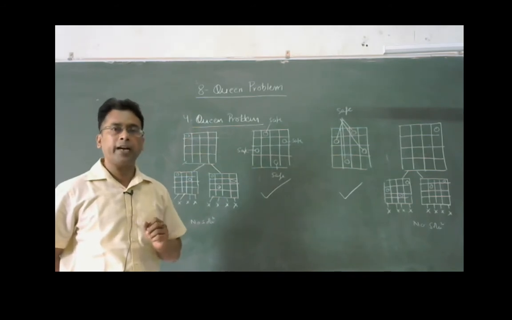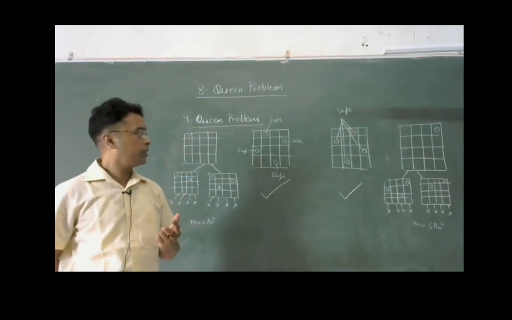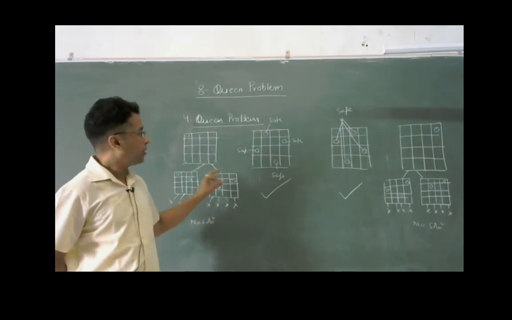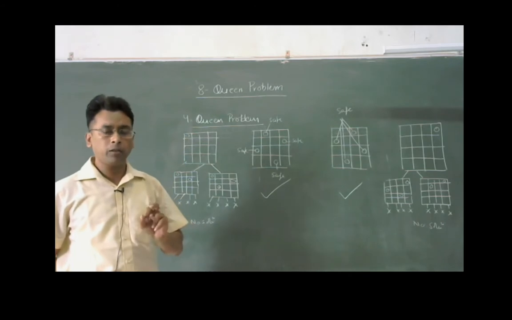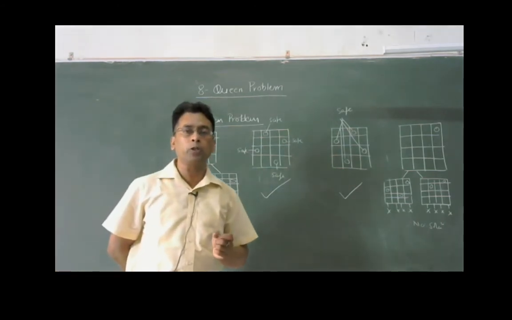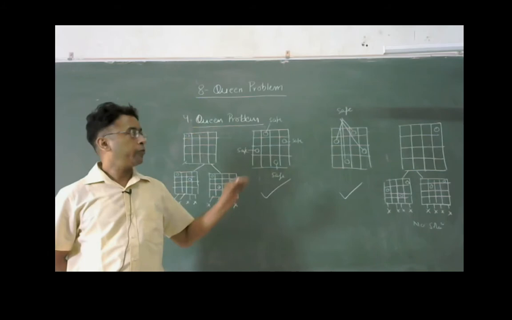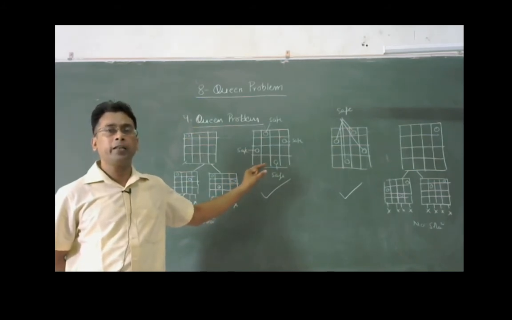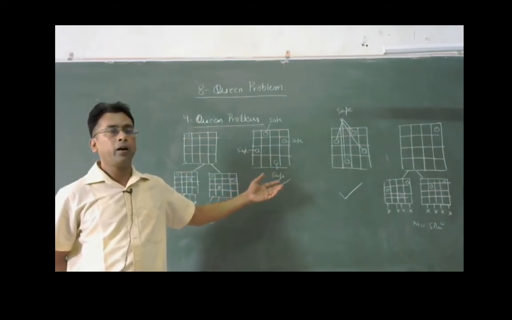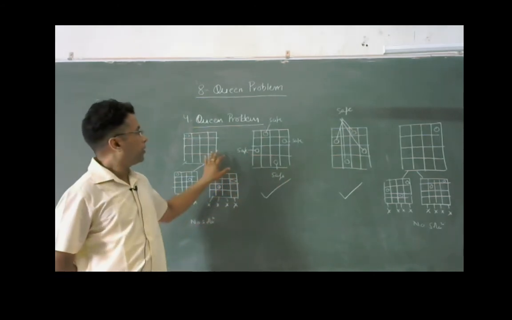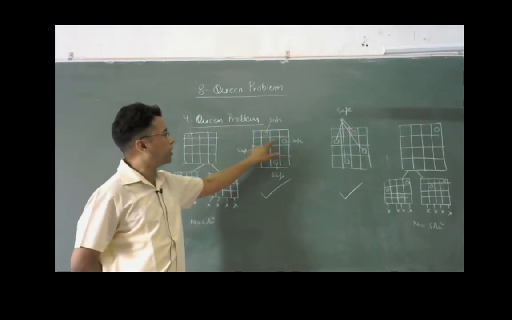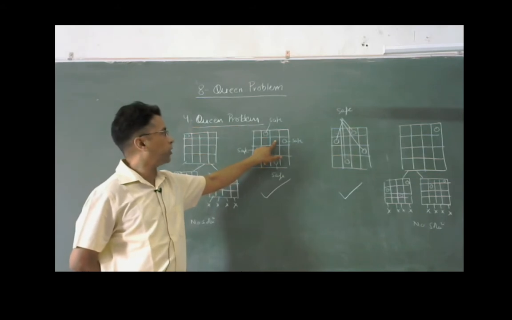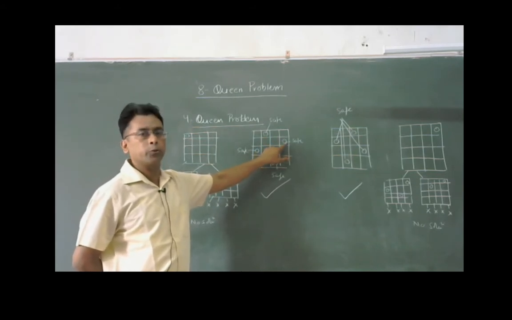The first rule is that in a single row we can place only a single queen, and for each row we check what could be the possible situation in which we can place our queen so that it is not directly hit by any queen. So in the second case, when we placed the first queen at this position, these three positions were in the hit range of this queen. So we placed our second queen at this position.